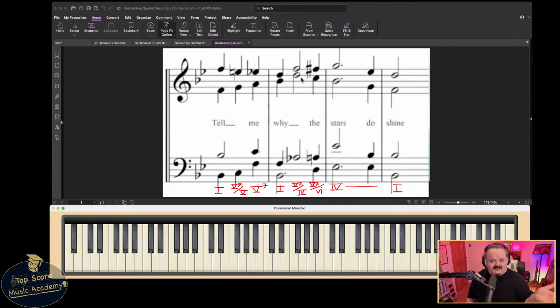5 of 3 is usually followed by 3. 5 of 4 is usually followed by 4. 5 of 5 is followed by 5. 5 of 6 is followed by 6. Usually. You can see here that for the first one, 5 of 5 is going to chord 5. So that's the norm. But 5 of 4 is actually resolving to another secondary dominant. That can happen as well,